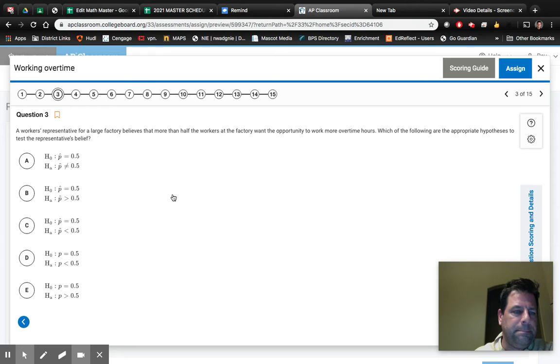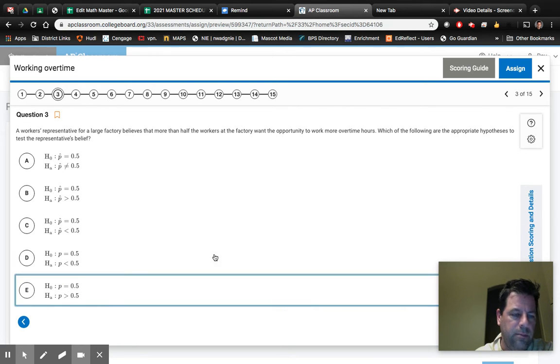Number 3. Well, I know that A's wrong, and I know that B's wrong, and I know that C's wrong. So I don't even know what the question is. A worker representative at a factory believes that more than half. Which of the following is the appropriate hypotheses? More than half? Man, I'm going to say that every one of y'all got that right. I didn't look that hard at what you got right and what you didn't, but